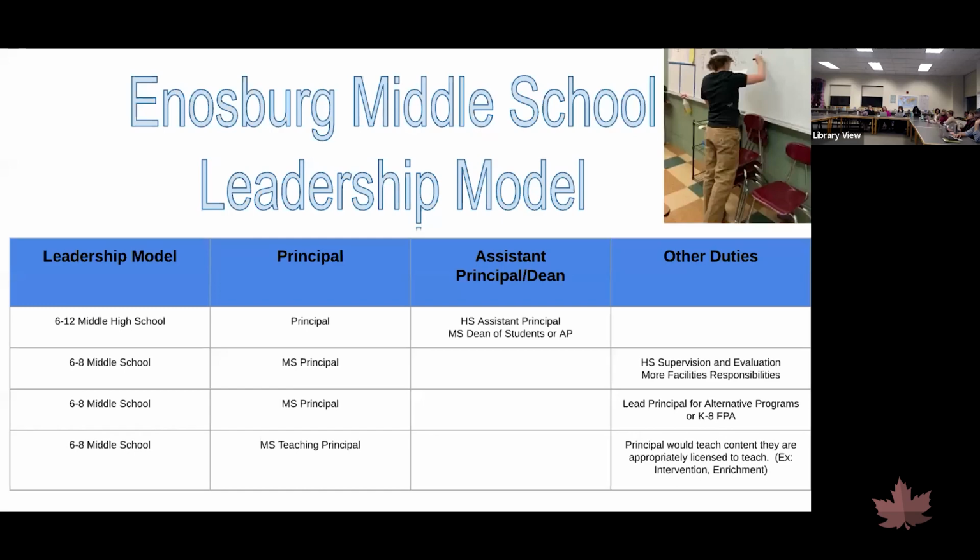And then the second option is what we have right now. And then the third option is merging 2 programs together. And then the third option is the principal teaching classes. So having